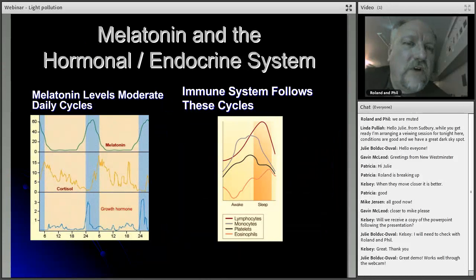Well, what does that mean for us? What's in it for me, right? Here's an example of melatonin levels. Just kind of a bunch of graphs here, but we'll start off here with melatonin. Low levels during the day, and at night it starts to pick up. And this assumes that there's no light pollution, because melatonin production is suppressed at night if you have light on. And so we end up with this cycle that has peaks of melatonin levels at night, and that regulates a